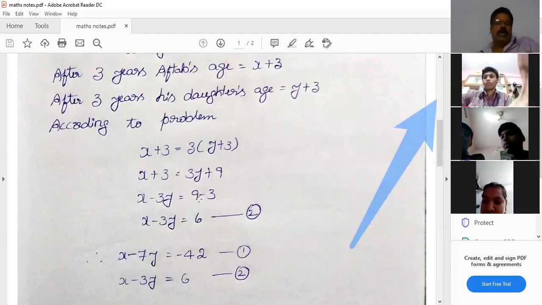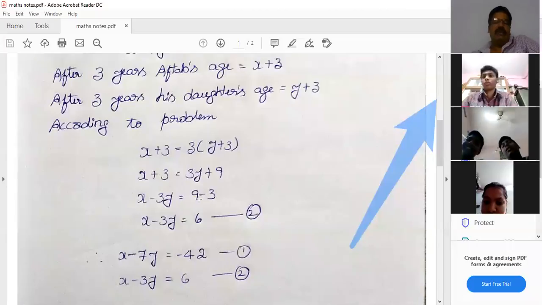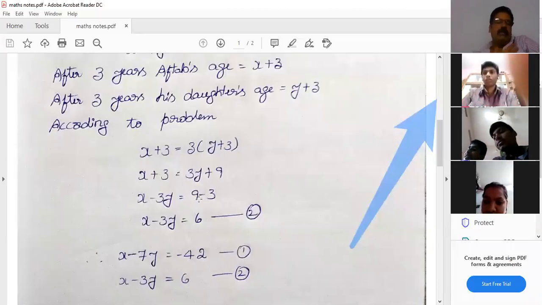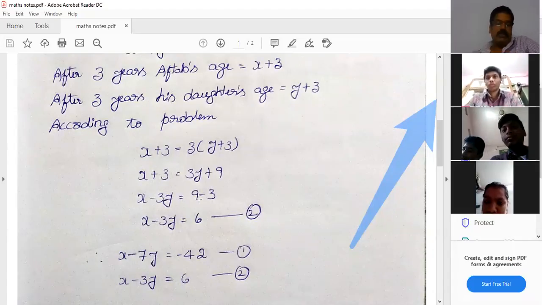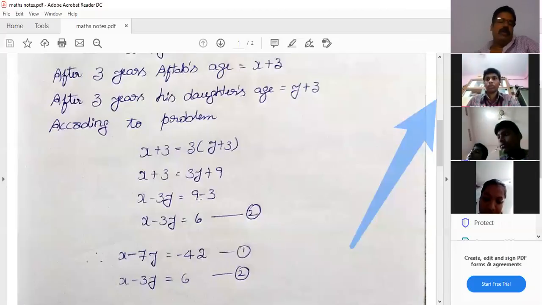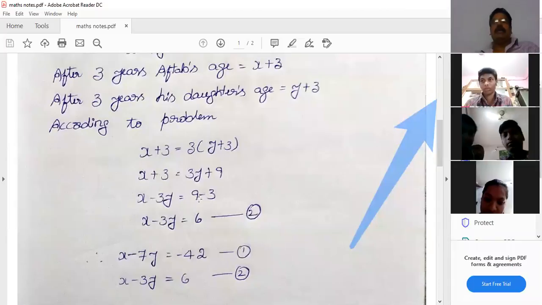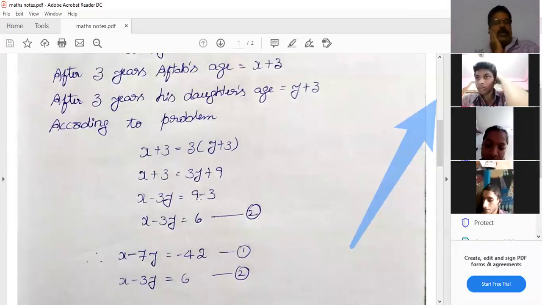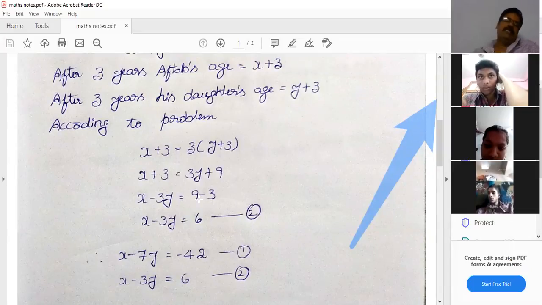Suppose if I take x equal to 1, I will get a rational number, so I can't take 1 here. Then I can take x equal to 0. If I take x equal to 0, 7y equal to minus 42, y equal to minus 6. So 0, minus 6 is my solution. Like that, you have to select only integer solutions. Understand? Okay. We can take minus 7 also, which is in the 7 table. We can take minus 7 also.